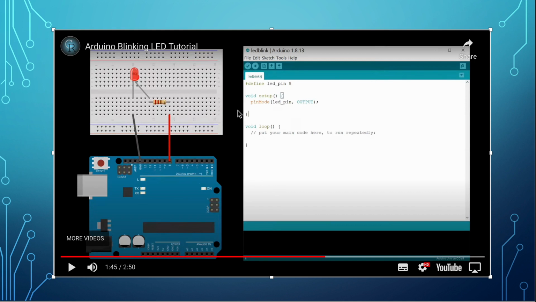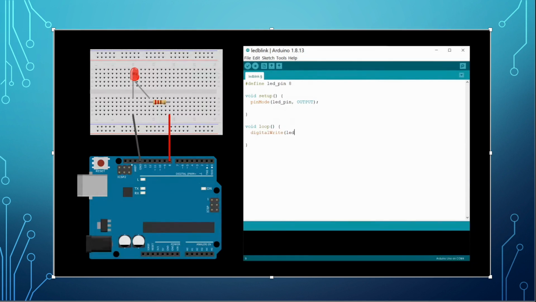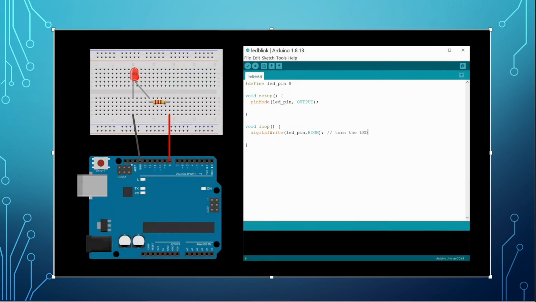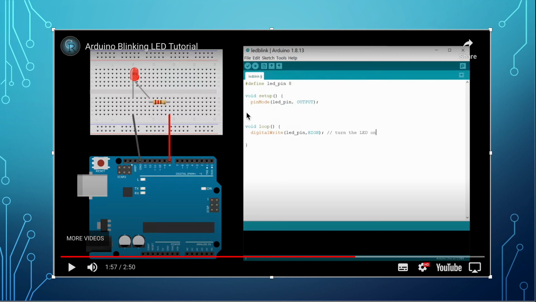Next part of the code, it will mimic what we have already learned. Okay. So through this code, what you are seeing here is